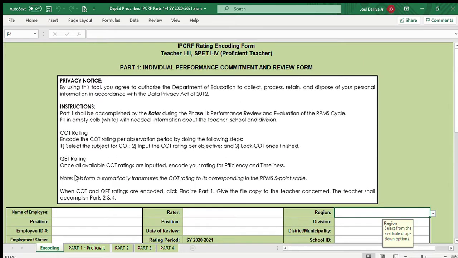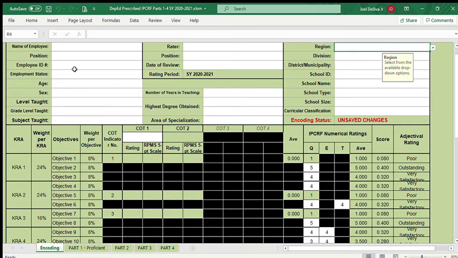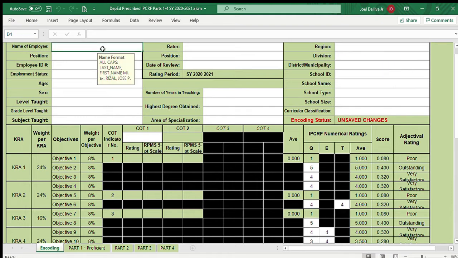So, let me show you yung kailangan natin, yung fields na kailangan nating i-fill in sa ating DepEd Prescribed IPCRF. So, unang-una po, yung name of employee. So, ang ating format dyan po ay all caps. So, all capital letters po. Last name, first name, then middle initial. So, let's say for example, if we have this